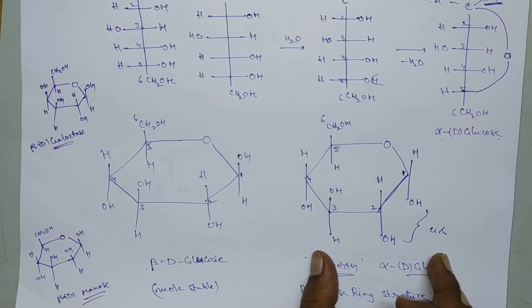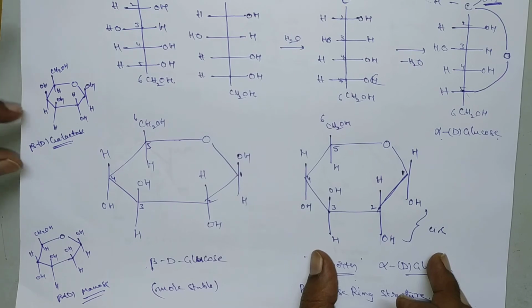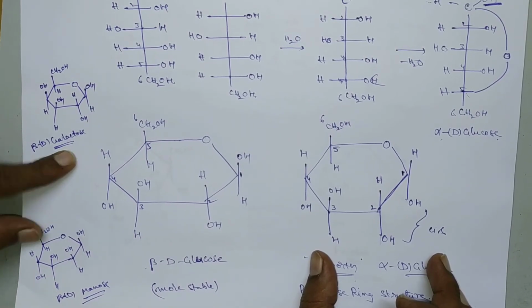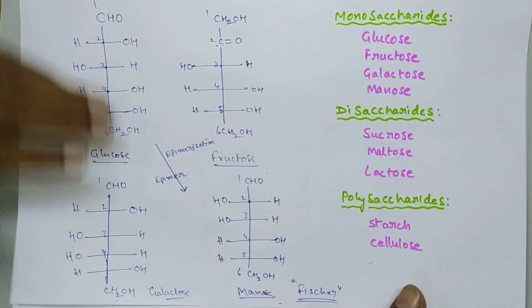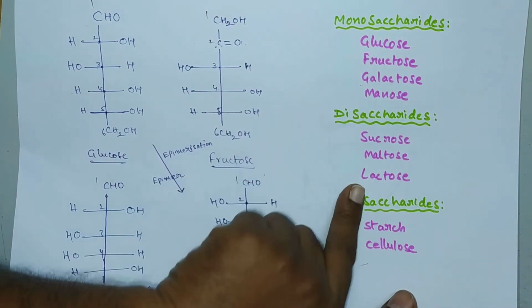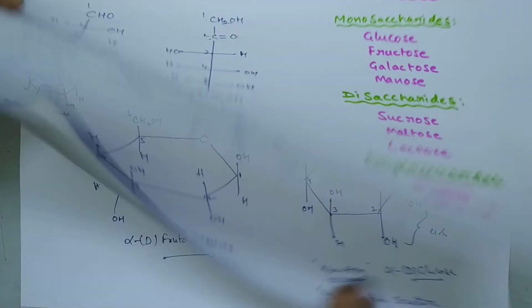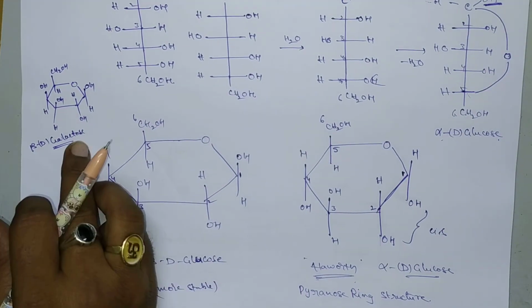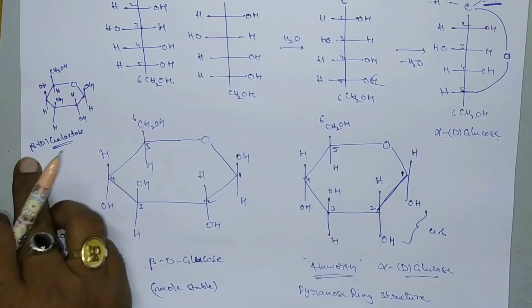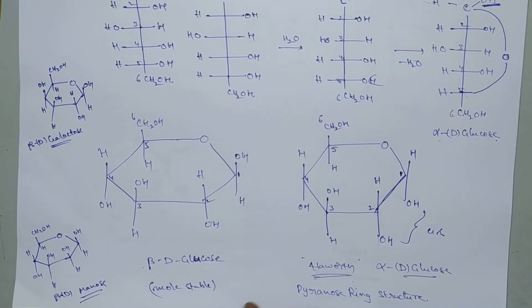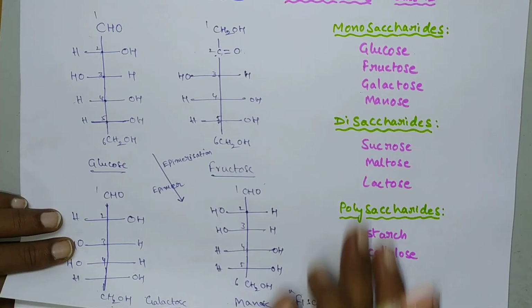So in case of disaccharide, we have to assign this molecule. So that's why we are writing beta D galactose. Because the disaccharide, that is here lactose, consists of glucose and galactose. So that galactose exists in the form of beta D galactose. Okay, so here all these are monosaccharides. So now these monosaccharides combine to form disaccharides.